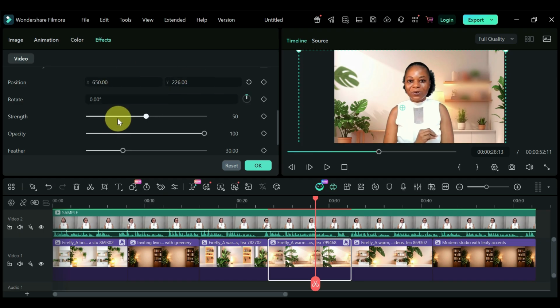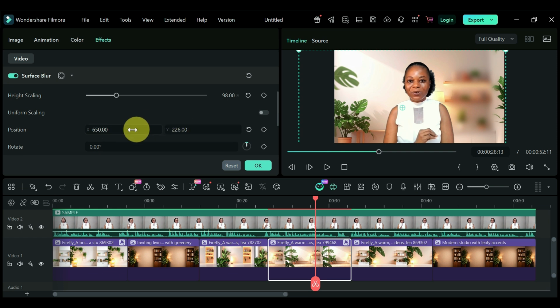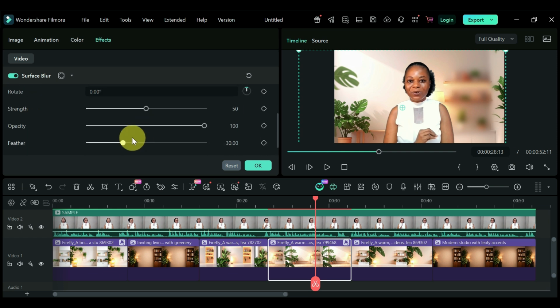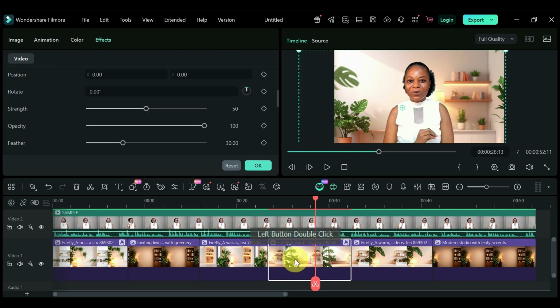I'm trying to cover the object that you can see at the back of my background, so I'm trying to blur it a little bit, of which I'm going to do this. I will drag the width, the height, just take your time and do it, and the fader. So I'll reduce the strength, and I'm going to repeat the same thing on the next flower that you can